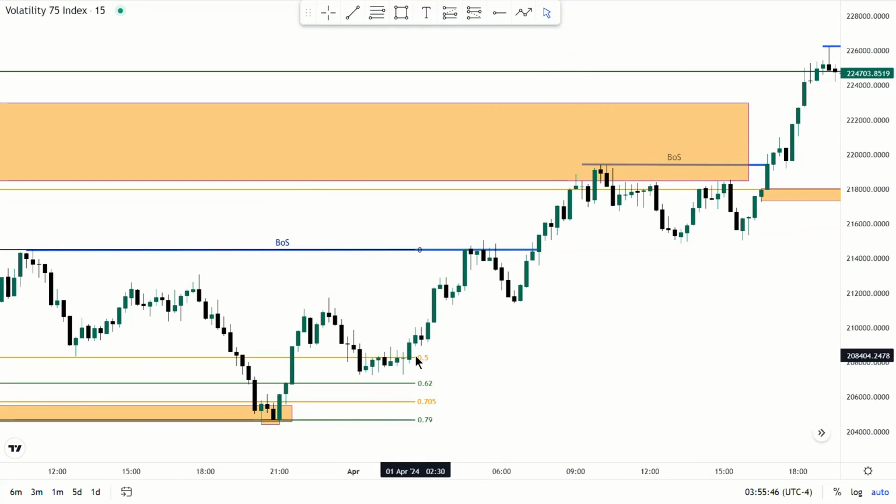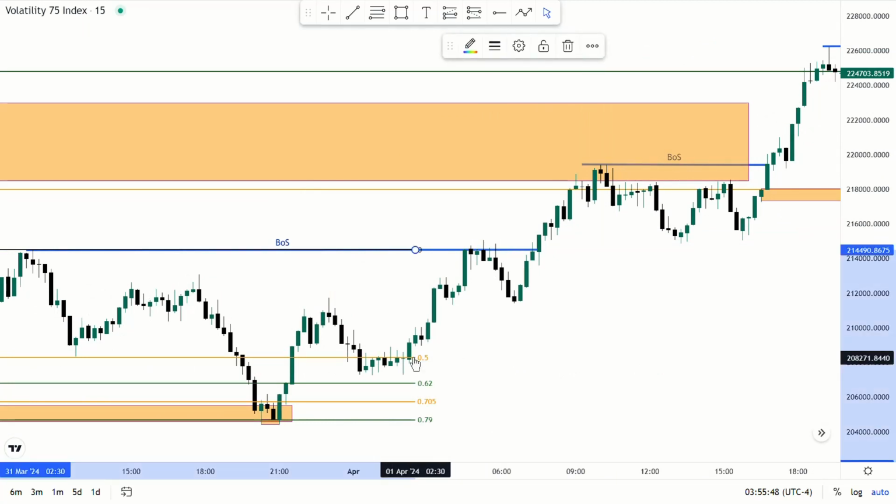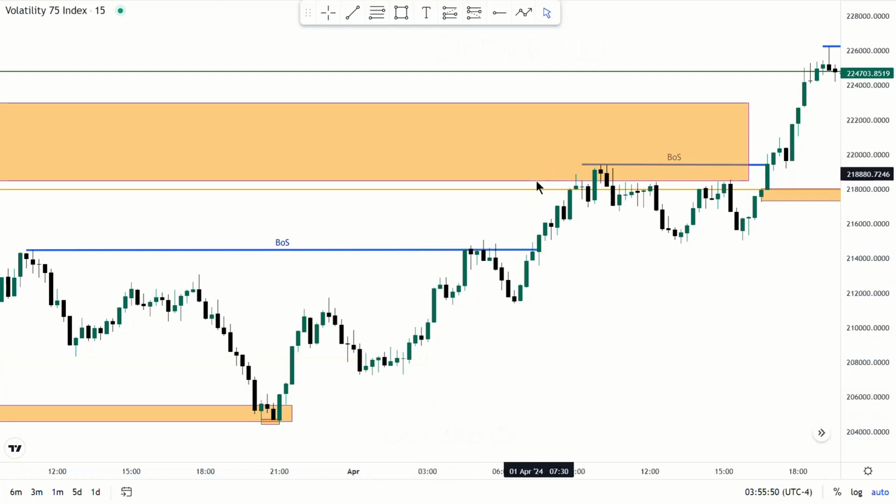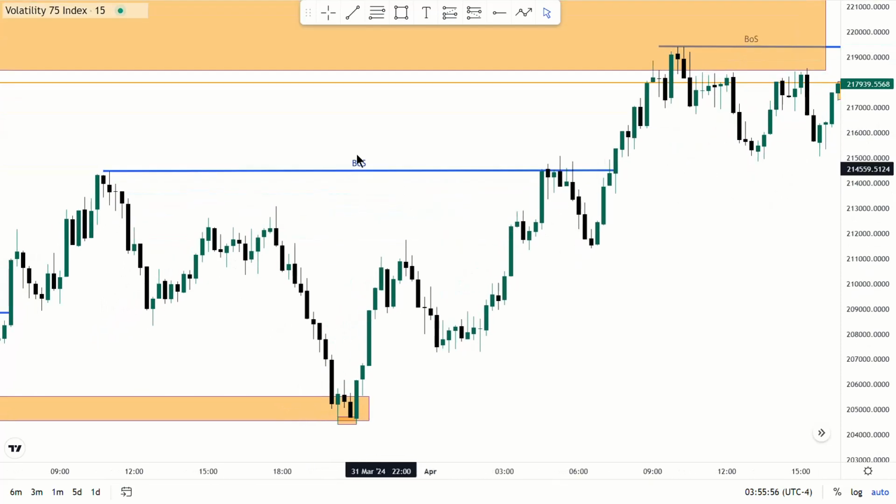All right, but your take profit is not supposed to go all the way into that POI. No, remember that on the bias, on the forward chart, this is a counter trend. This is a counter trend. Okay, you are going against a trend because your bias is saying that it's a downtrend.